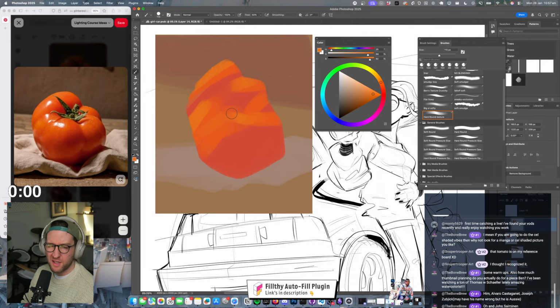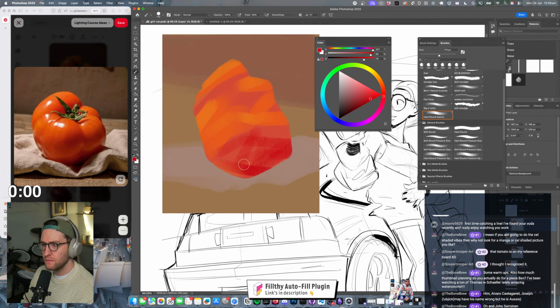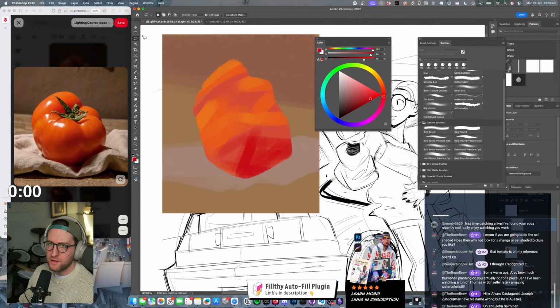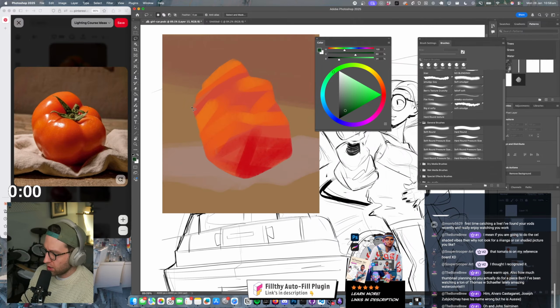So there's nice little transition colors happening all over the place. So just laying some in. Then we can add an indication of the little green bit, the stem, I guess you would say.